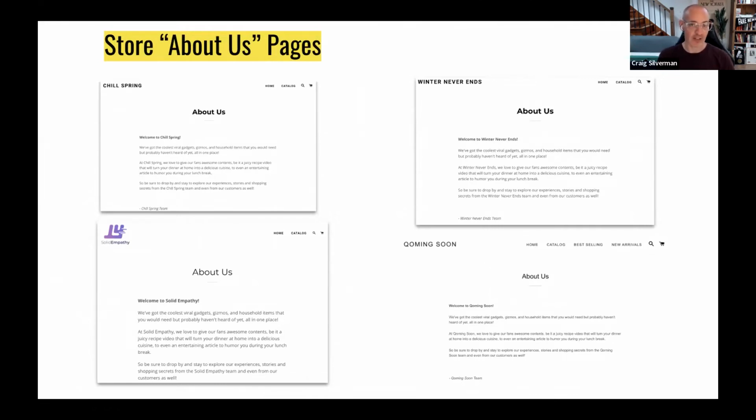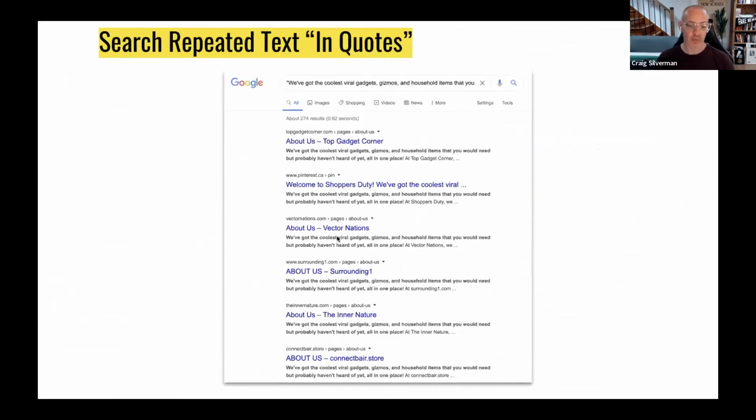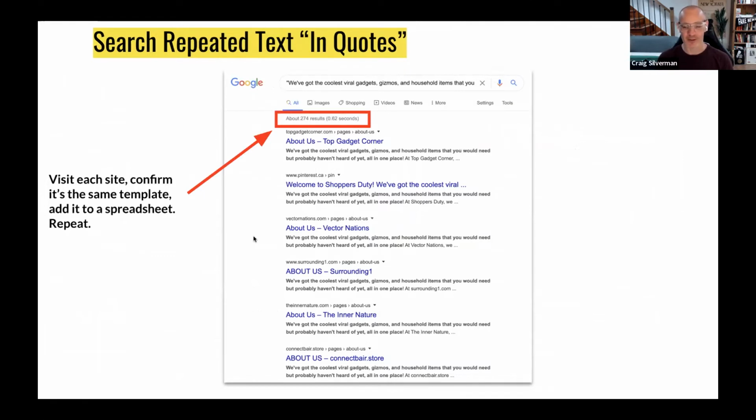And so this is a nice, easy indicator. There's a good chance that pages or online stores with this same text might also be selling masks and might also be connected to Zest Ads. And so it's now a pattern that I want to try and spot. And so it's pretty simple. I just take one of the sentences from the About Us page, I put it in quotes, I put it in Google, and I search to see how many websites have it. And so I ended up getting over 270 results of websites that seem to have this About Us text.